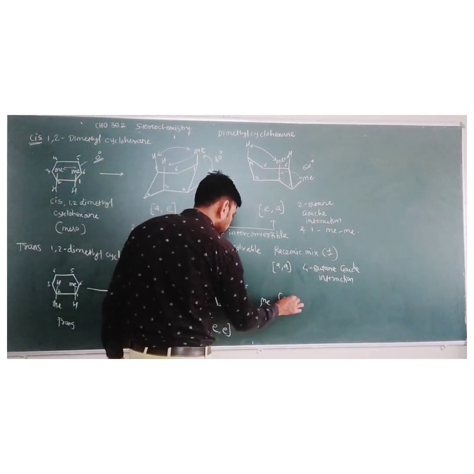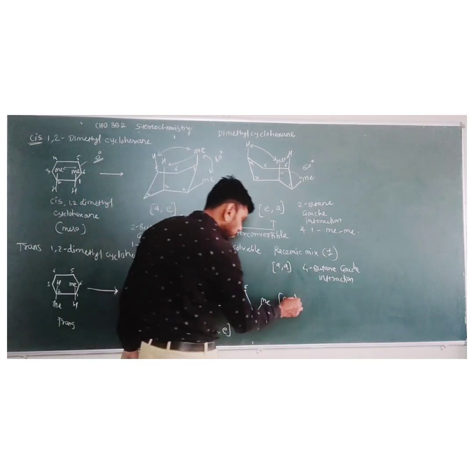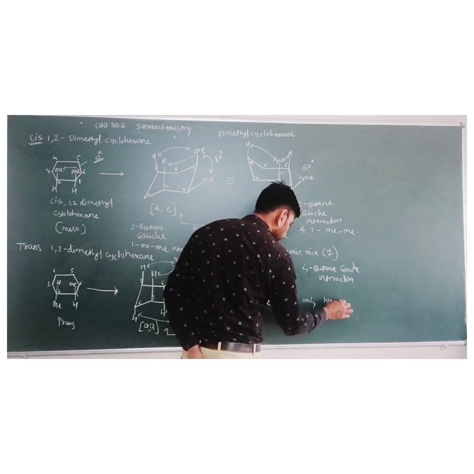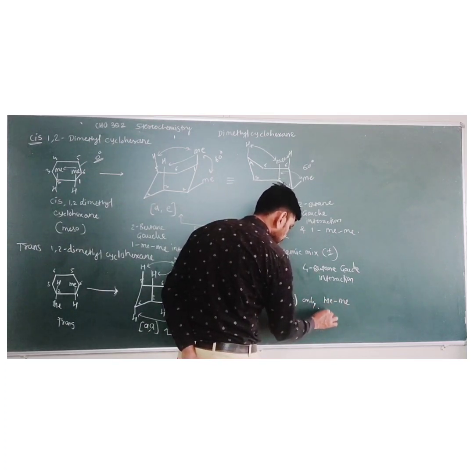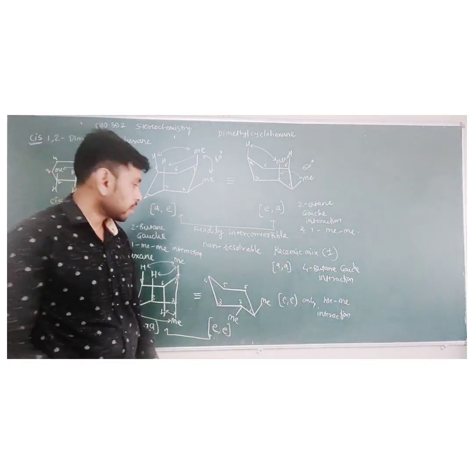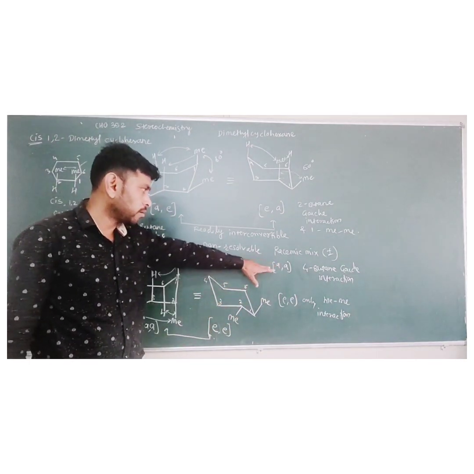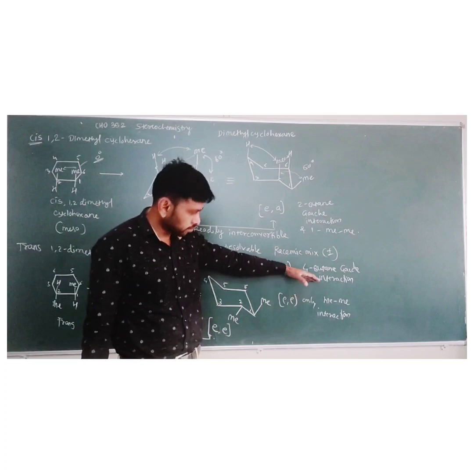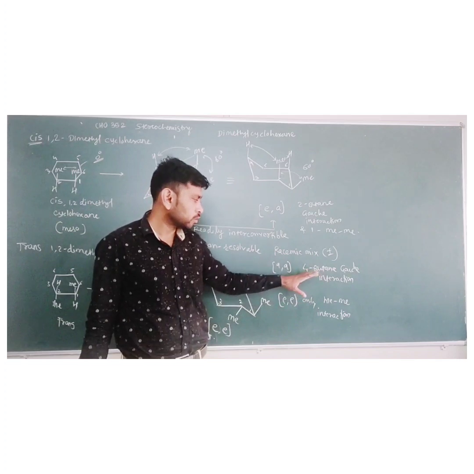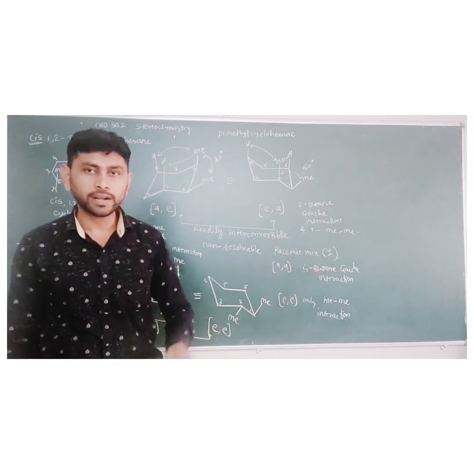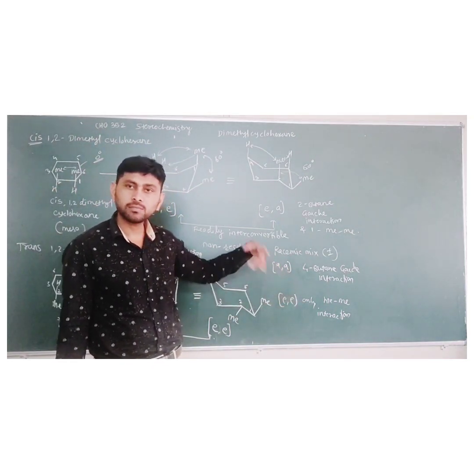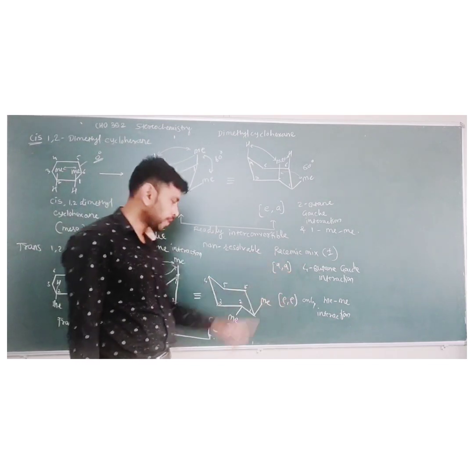And in the case of equatorial, only methyl interaction is there, and due to this interaction it has only 1 interaction, compared to the 4 butane gauche interactions. So the axial form has 3 more interactions than the equatorial structure. So due to this, the axial structure is less stable than the equatorial structure.